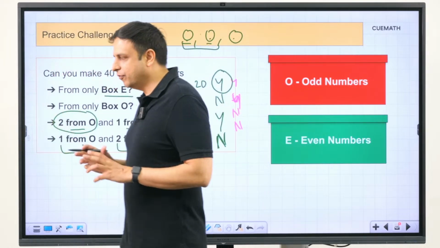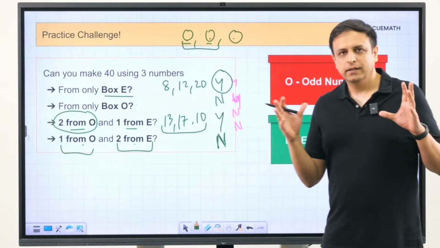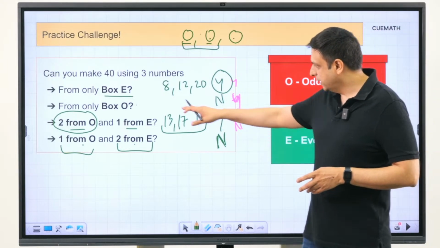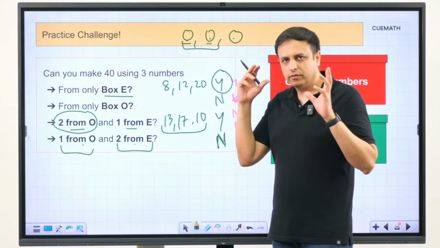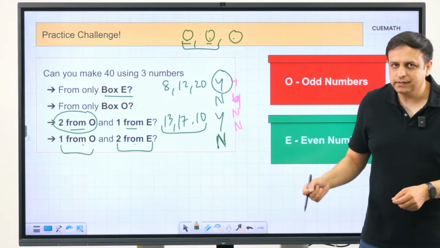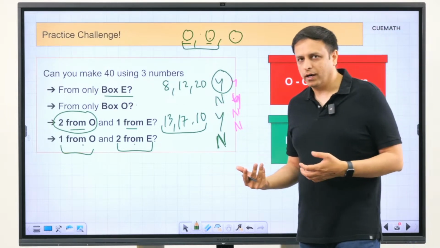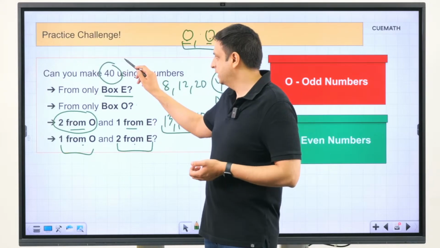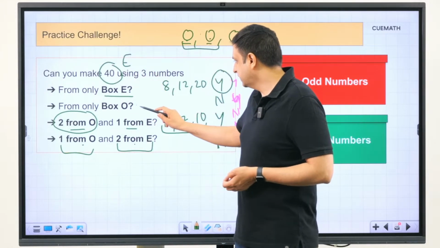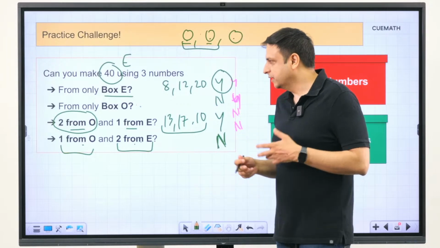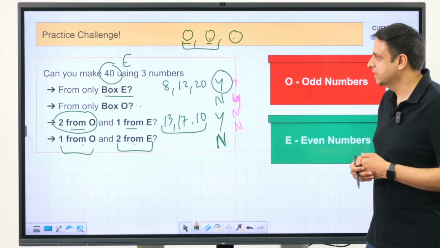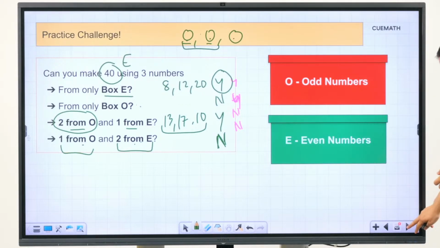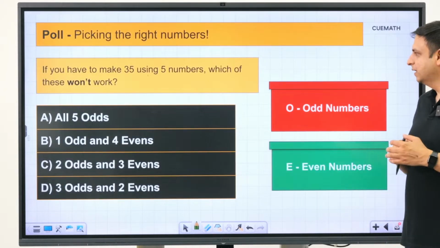So this is how you have to think about this. You have to think about the parity of the combination. If you combine the numbers given the conditions, you have to think about whether the resulting sum will be even or odd, and then you have to see what you are trying to make. In this case, you are trying to make 40, which is an even number, and in the 2nd and the 4th conditions, getting to an even number is not possible. Okay, so that's the logic here. I hope you liked this one. Now let's keep moving forward.